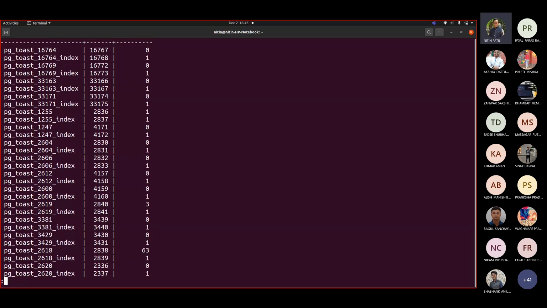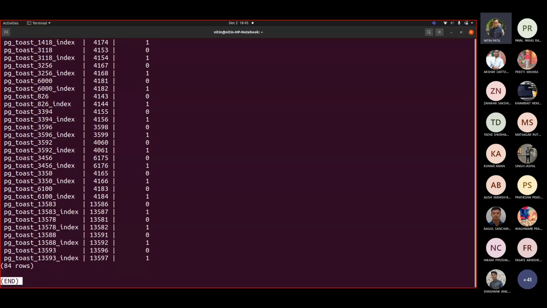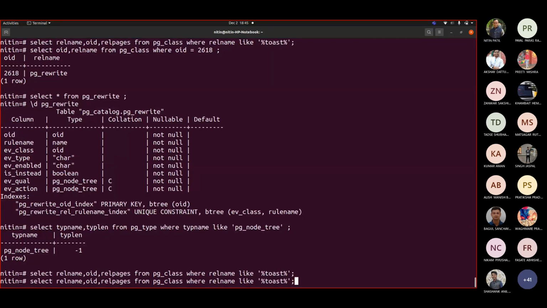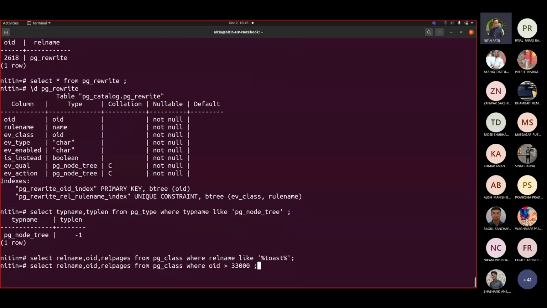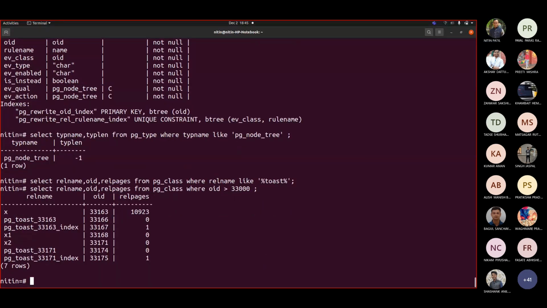So our entry also should be visible there somewhere. Because what was the OID of the relation? This one. Our OID is 33163.